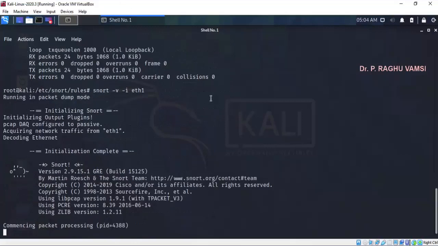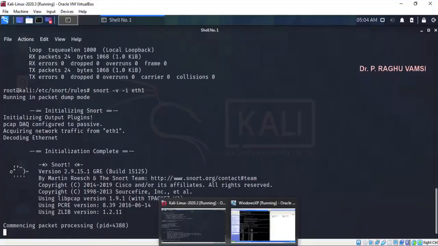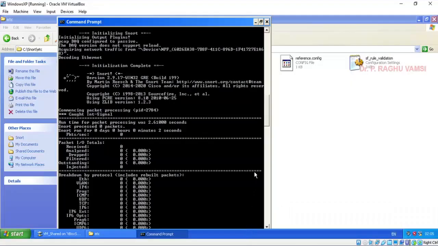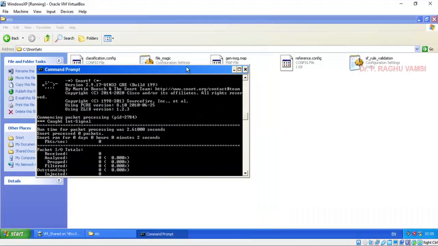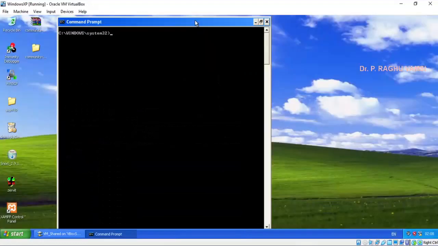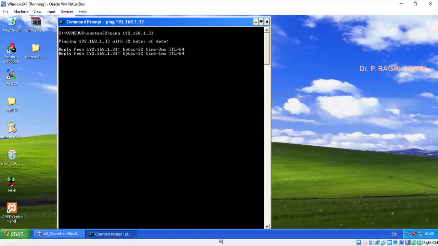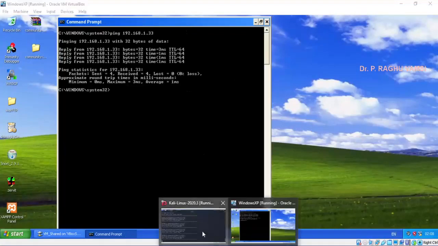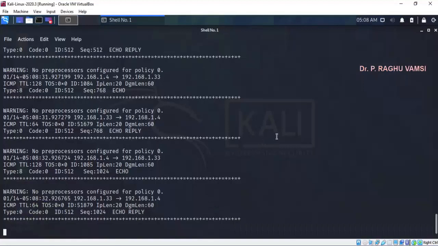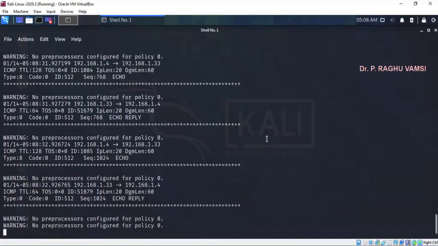So now it is ready for sniffing of the packets coming in. What I will do is, we come to know that ping is available in C:\Windows\System32. So ping 192.168.1.33. Let us see what is the reaction at Snort.